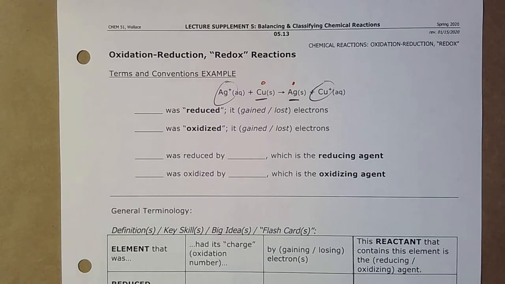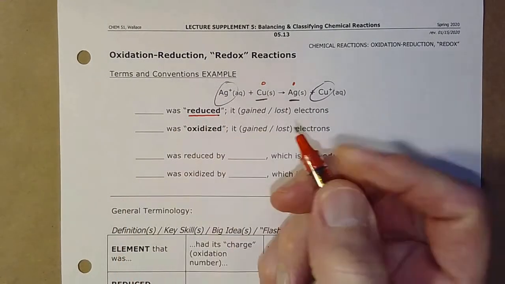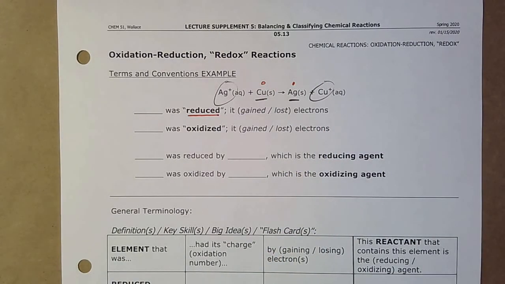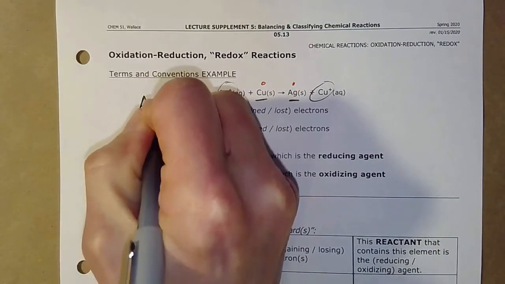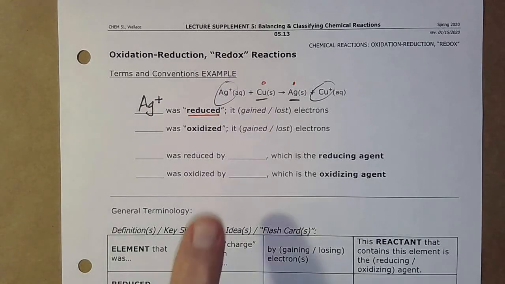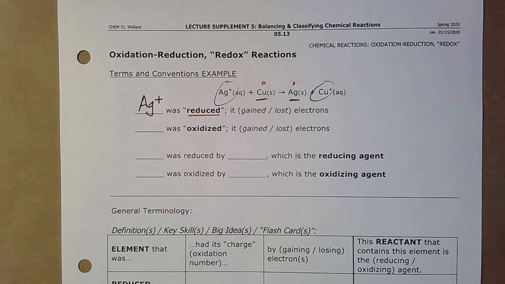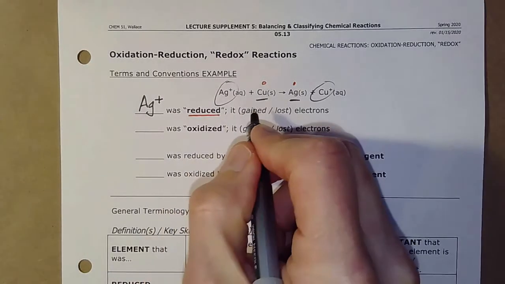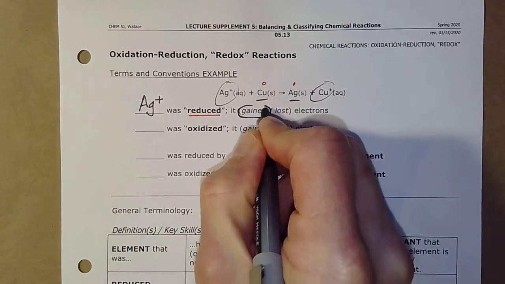Now here's this first term, reduced. I'm going to tell you that it was silver ions. Silver 1 was reduced. Now, without knowing anything else, what happened to silver's charge? Well, it went from 1 down to 0. So stop the video for a second and think: it was up at 1, now it's down to 0. Did it gain or lose electrons? All right, you're back. You know that if the charge went down and electrons are negative, it must have gained